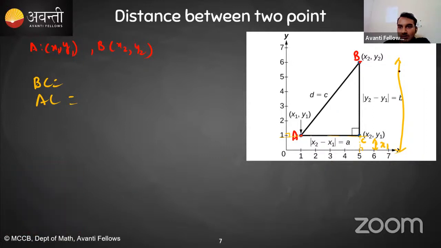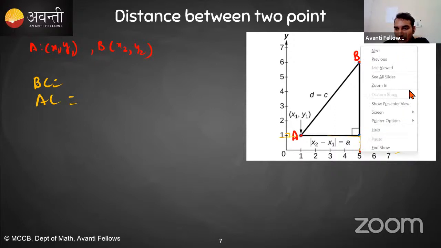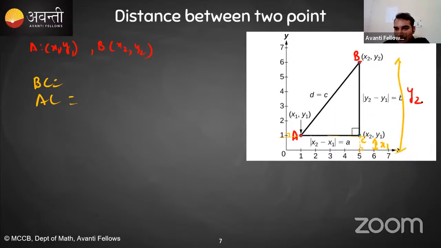So this entire distance, the distance of point B from the x-axis is y2, and this is y1. So if I ask you what is your BC distance, you will say, sir, y2 minus y1. Yes or no? Similarly, what would be your AC? AC will be nothing but x2 minus x1, right? So in triangle ABC